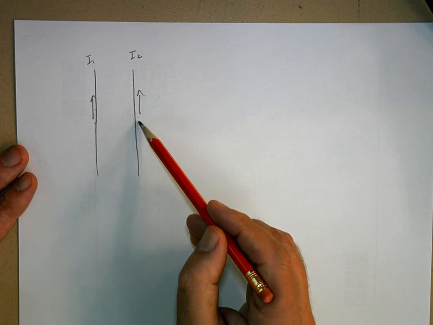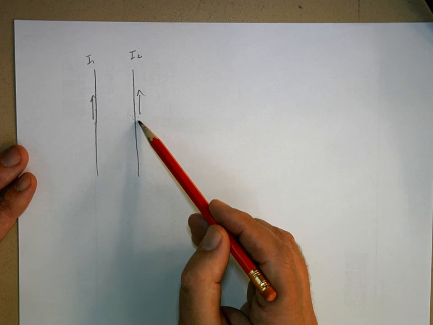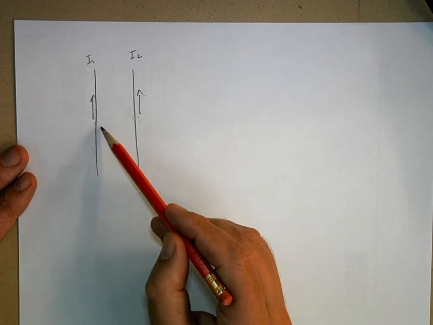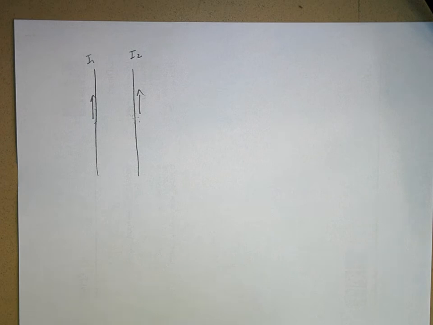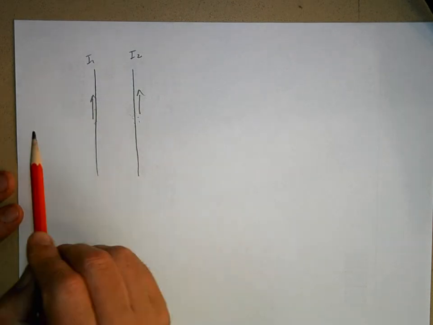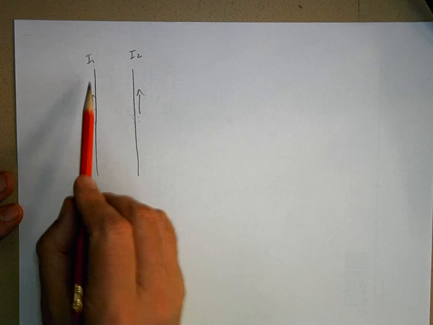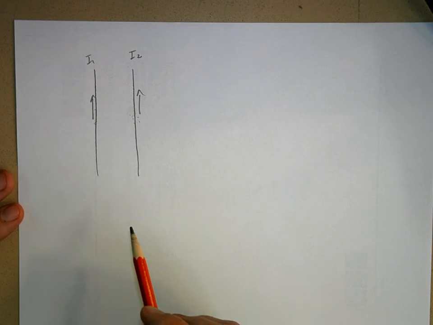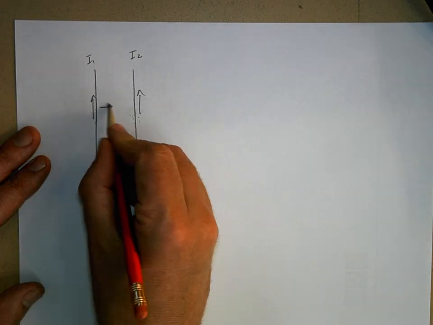Wire 2 creates a magnetic field that applies a force to wire 1. And Newton's third law is kept, in that they're going to be equal and opposite. It turns out that long, straight, parallel wires, where the currents are in the same direction, attract each other. They apply forces like this, and the magnitude of that force